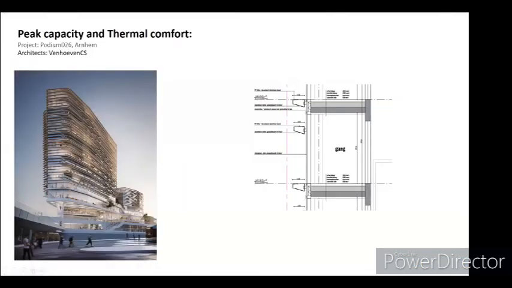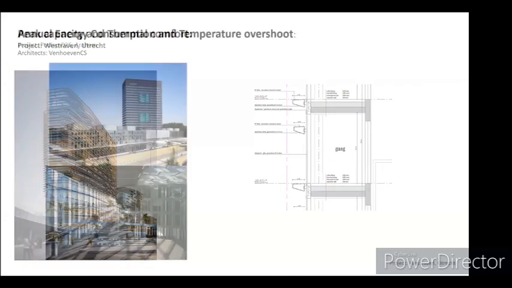As you can see, one of the building's major visual identities is the fins. Like I discussed before, we sat with the architect and helped to see what kind of balance between the fin distribution and the fin length would help the design. You start with the basic understanding, and then you enter the simulation for a more detailed analysis. We worked on thermal comfort and peak capacity calculation for this one.